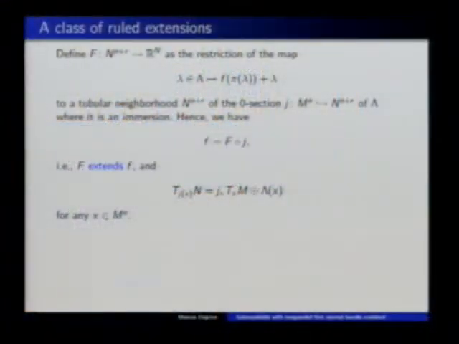So you can say that capital F extends small f. One is just the other composed with inclusion. And of course, when you pick up a point of M, the tangent bundle of N is just the tangent bundle of M plus the fibers. And then what I just did was creating a new submanifold which is ruled. So ruled means, and this is clear from the context, that you have a foliation of the manifold, and each leaf goes by the capital F immersion to an open subset of an affine subspace of the Euclidean